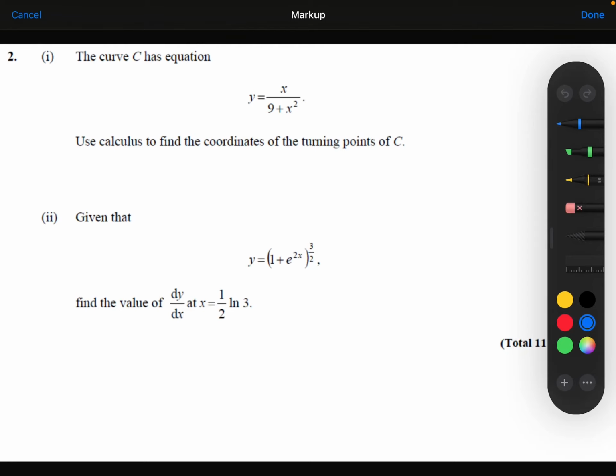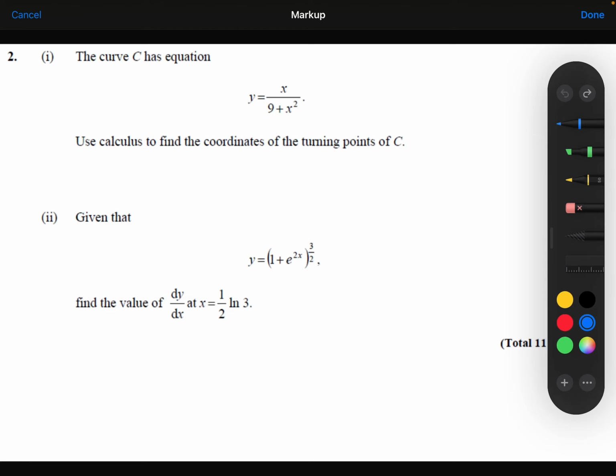Curve C has the equation y equals x over 9 plus x squared. Use calculus to find the coordinates of the turning points. So I know the turning points are where the gradient equals 0. So I need to differentiate this function to get my gradient function, and then I need to make it equal